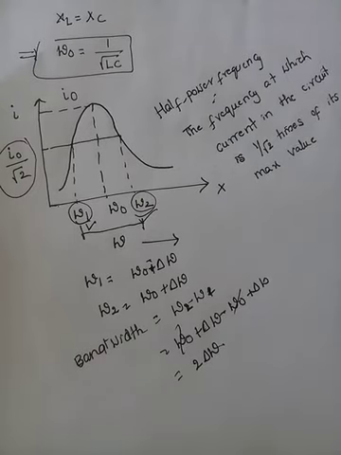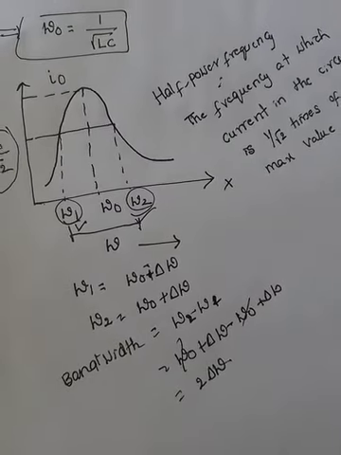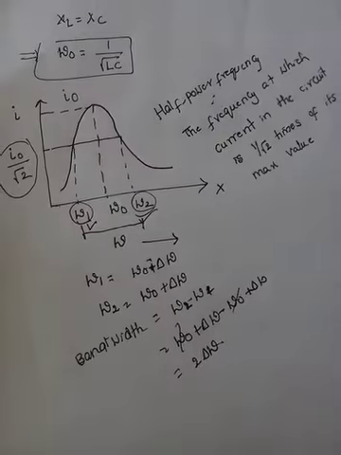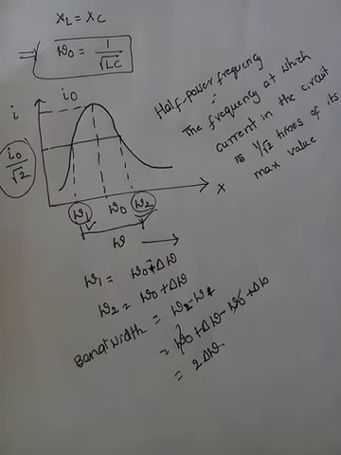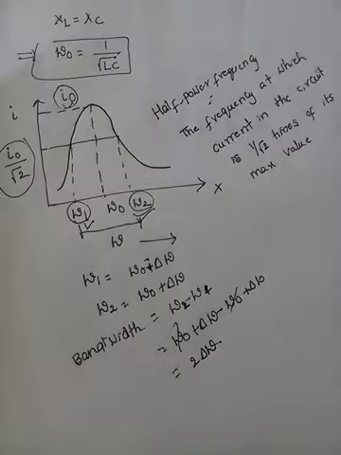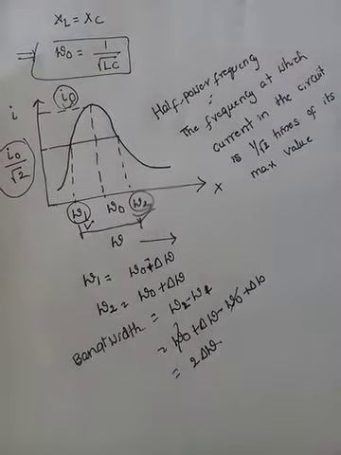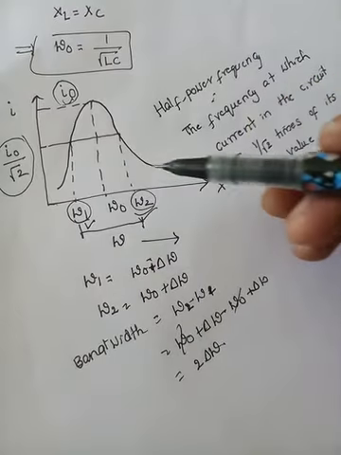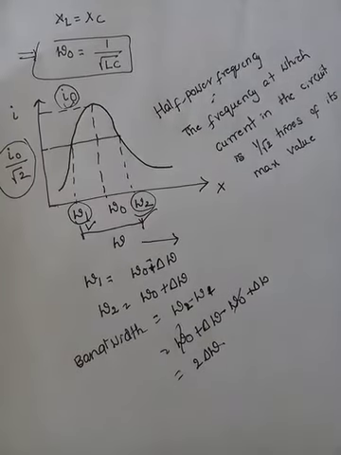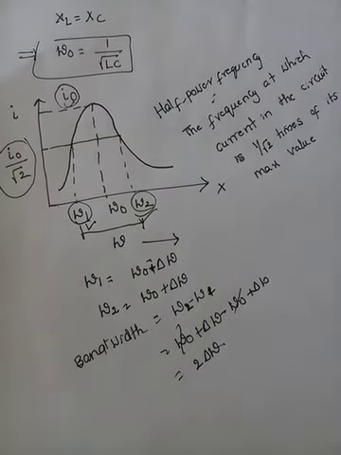So, here we learned the concept. What concept? Half power frequency. If you draw a graph of frequency and current, at a particular frequency the current in the circuit is maximum. That frequency is called resonant frequency, represented by omega naught. On either side, at particular values omega 1 and omega 2, those are called half power frequencies. At these frequencies the current in the circuit is what? 1 by root 2 times its maximum value.